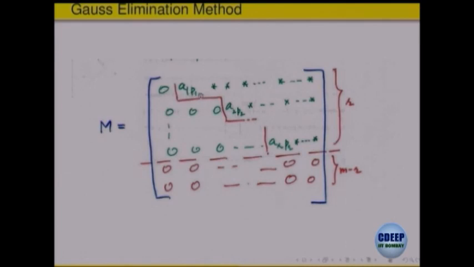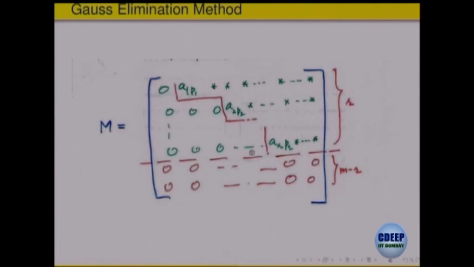For the first one it comes at the P1-th column. For the second one it should not come on the left side; it should go somewhere on the right side, at a place numbered P2. So the column for the second row is P2, where the first non-zero entry in that row occurs, and that should be on the right side of P1, and so on. In the r-th one it comes at some place; we do not know what the remaining entries are, and we are not bothered about them.